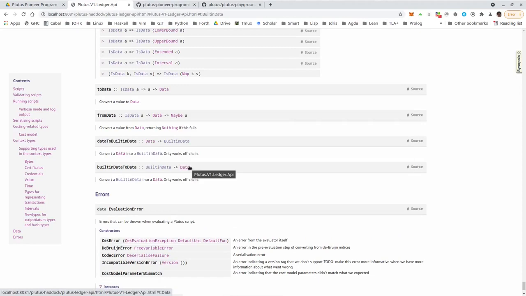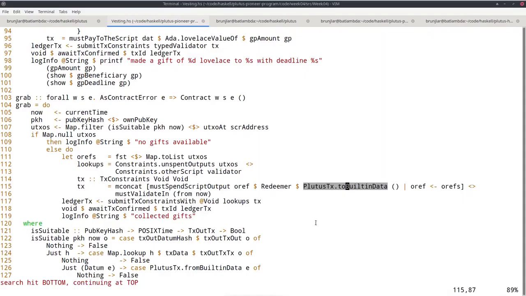So I had to modify the vesting contract to take this into account. And in this case, there were only two spots where I had to do something. One was here in the off-chain code where I construct a redeemer, and before the redeemer took data, and now it takes built-in data. So instead of using PlutusTx toData, I'm now using PlutusTx toBuiltinData to convert unit into built-in data and then construct a redeemer.